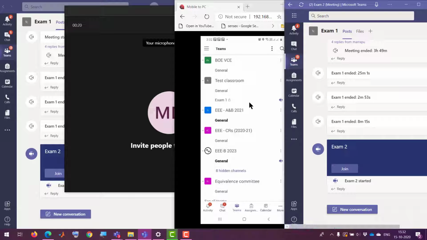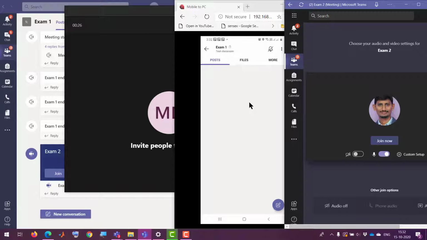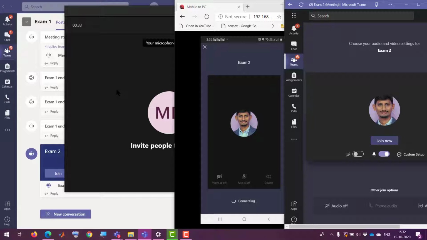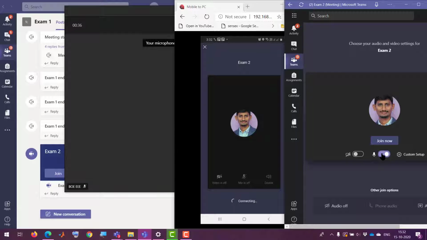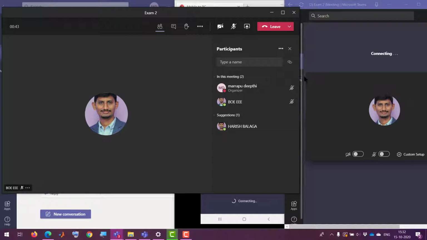Students can join by clicking this join button, or even in the mobile they can join by clicking on the join button. Once students join, they are visible to the faculty here.